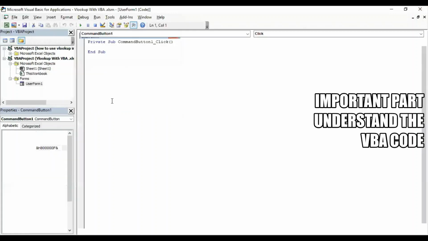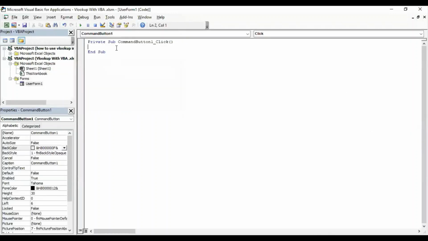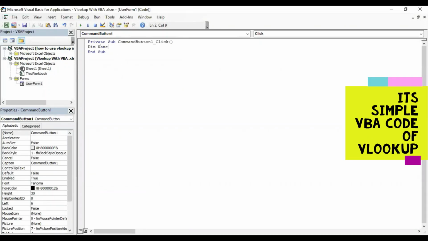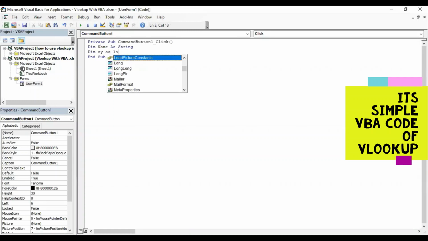Dim name as String, dim sy as Long, and then set sy is equal to range.